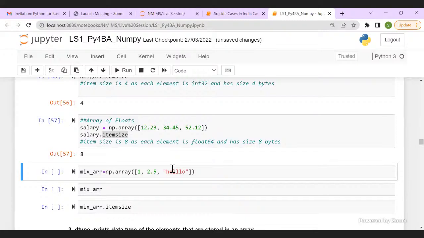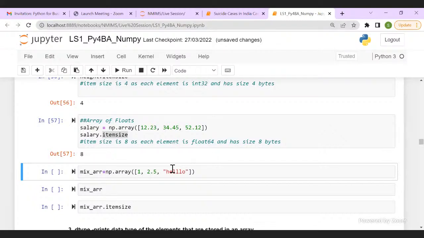So that is one difference between the Python list and the NumPy array. Heterogeneous means one data point can be an integer, the other a float, the third a string. Whereas for an array, you will always have homogeneous data, so all data points will be of a similar data type.